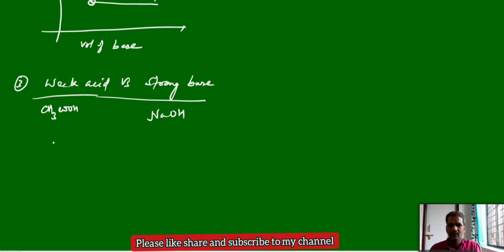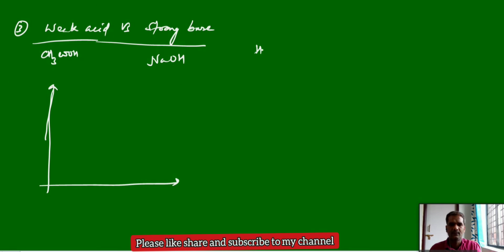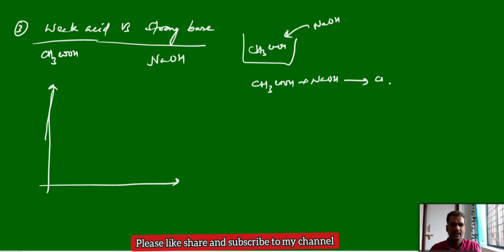Again the conductometric graph. Initially we have the acetic acid in the beaker. To this you add NaOH drop by drop. Then the acetic acid will be consumed, and by addition of NaOH it will be converted into sodium acetate. Acetic acid is initially a weak electrolyte, so it has less conductance. Volume of base is on the x-axis.